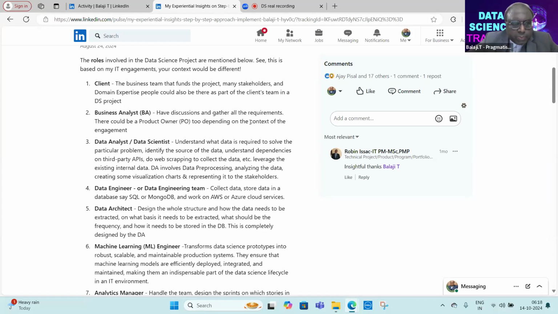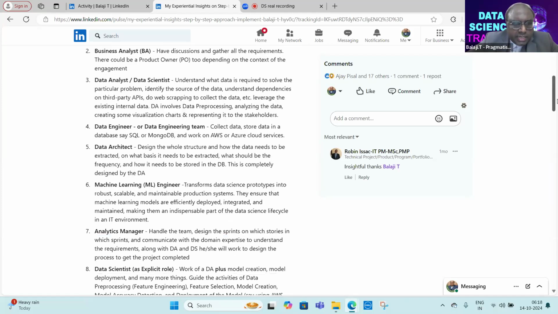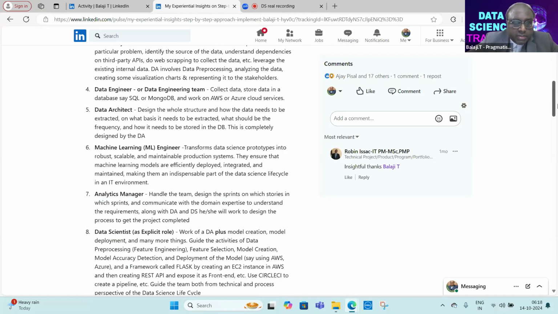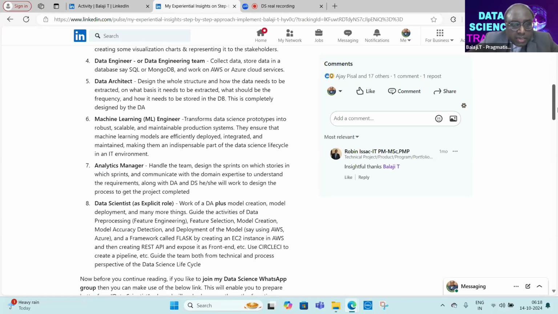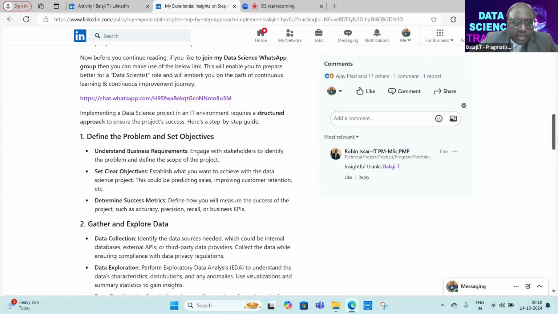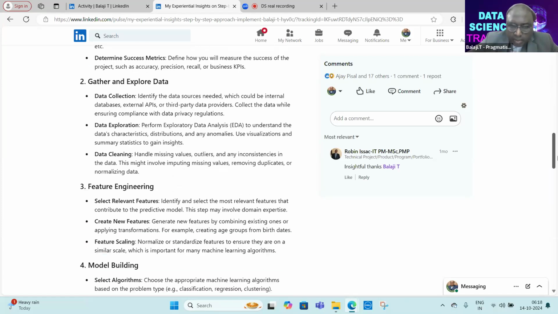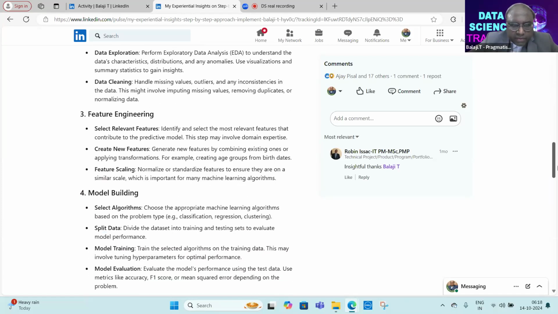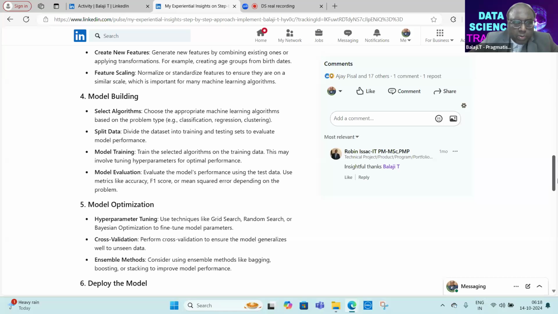So from that particular perspective, data analyst, data scientist, data engineer, data architect, machine learning engineer, analytics manager, everything I have mentioned over here. And once again, that particular life cycle of data science I have put over here.